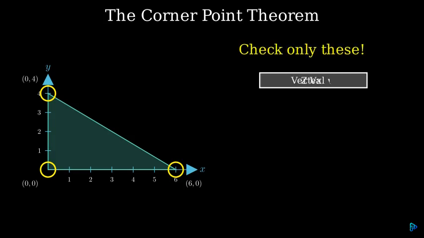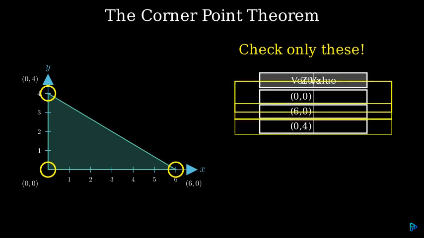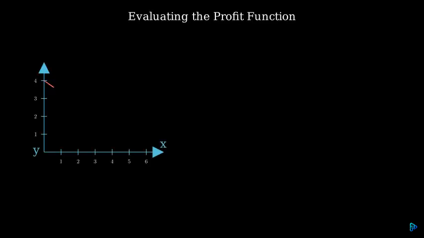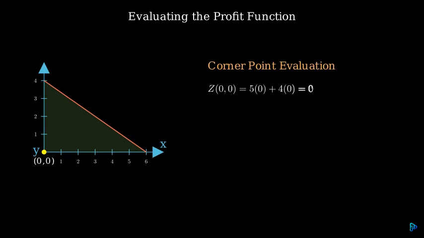Instead of checking every single point in the shaded area, we only need to check the corners. Let's test our three corners, 0, 0, 6, 0, and 0, 4. Let's do the math. At 0, 0, the profit is 0. Not very helpful. At 0, 4, we have 5 times 0 plus 4 times